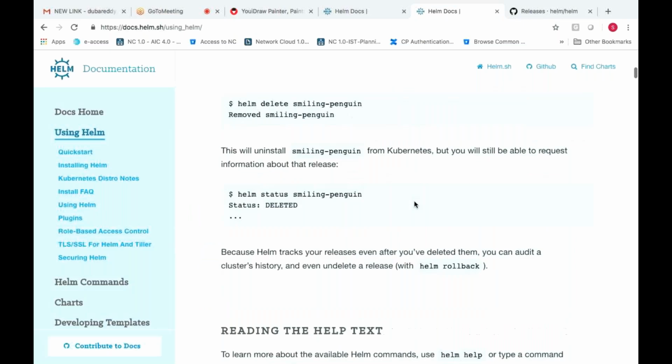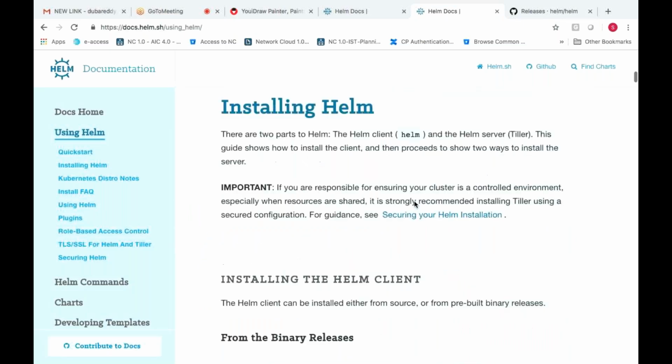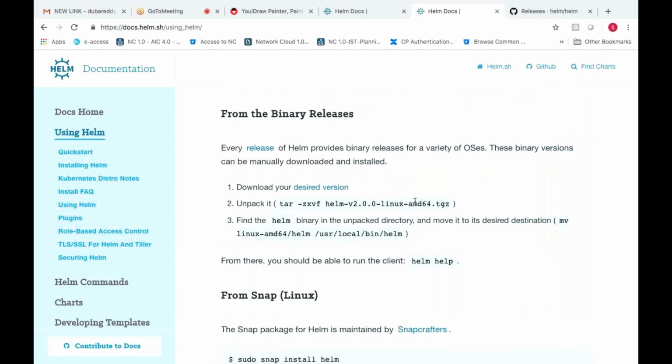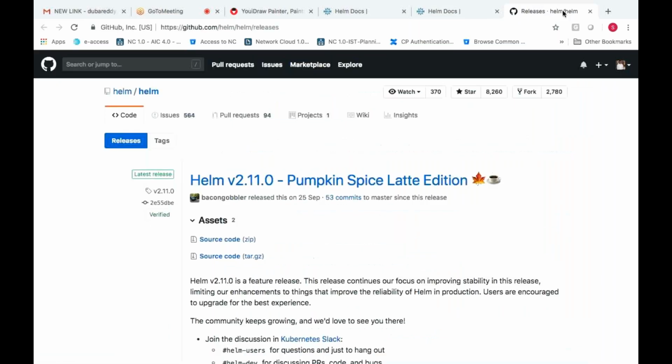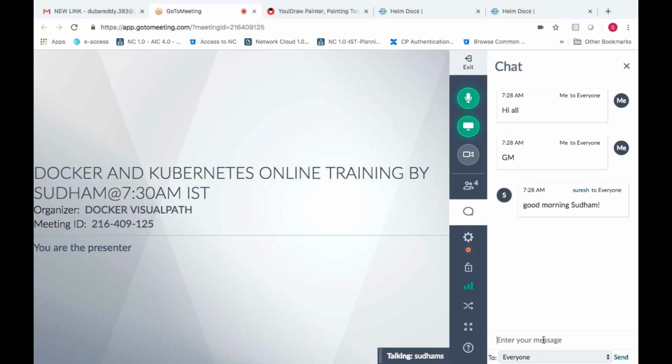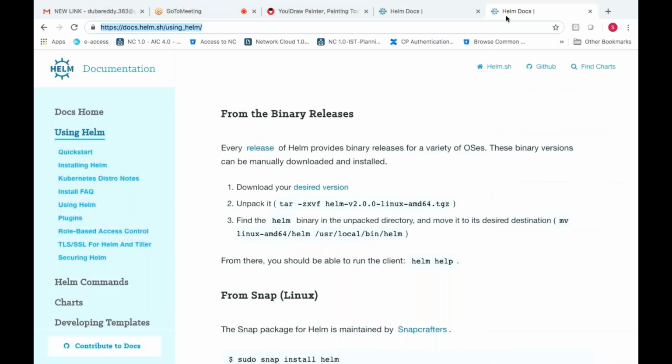I think it's better I show. Yeah, this is another method. I think it is a better method to follow. So in the same link, tomorrow definitely I will show you this in practical, how to install and all. That is for sure. Okay, so here we need to follow this one.